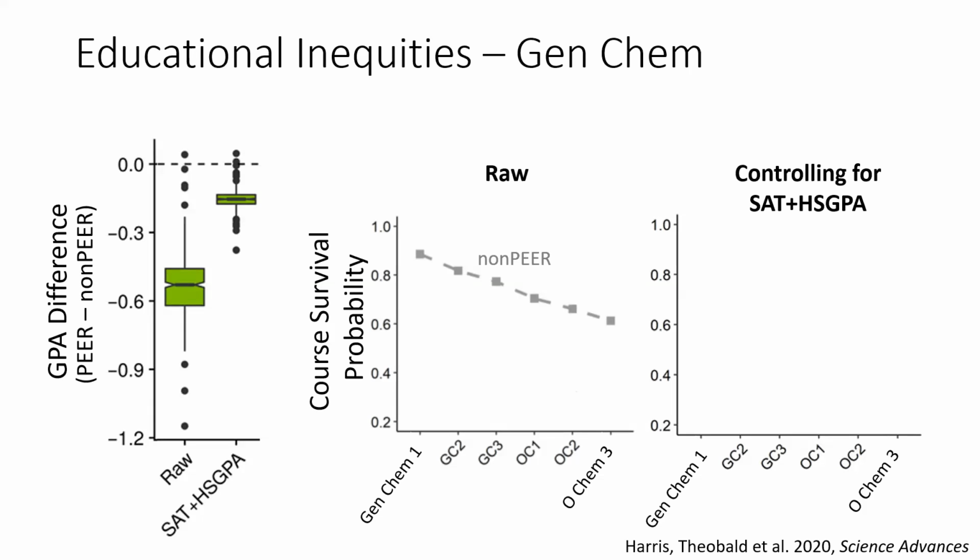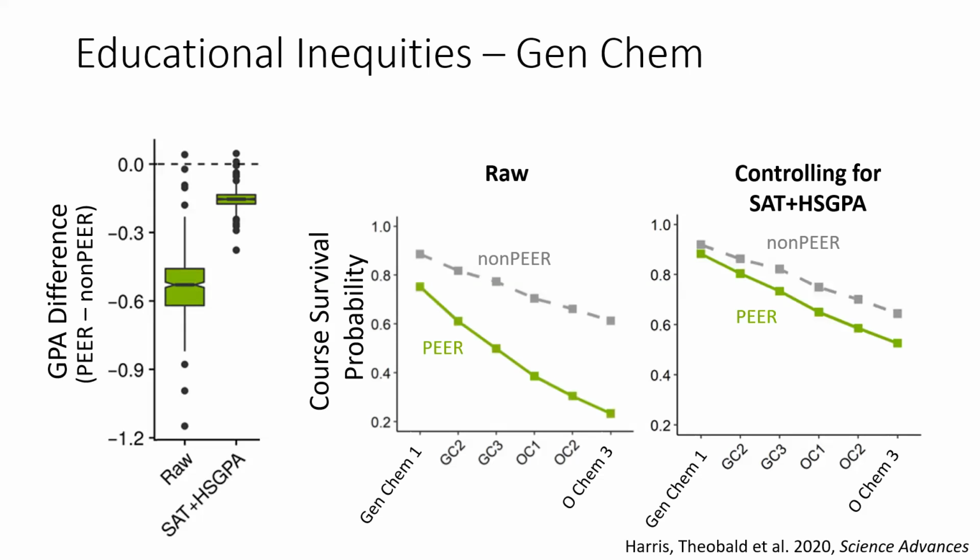This is not surprising for anybody who's ever been in a classroom, right? Not everybody moves on through the series. How steep that line is, maybe is something that we should also think about. But this is what this line looks like for non-PEER students. The problem is that for PEER students, so again, these are students who are ethnically and racially minoritized in STEM, the line is both lower and steeper. And so what this means is that PEER students are both less likely to move on to the next course, and it gets disproportionately worse for these students over time.